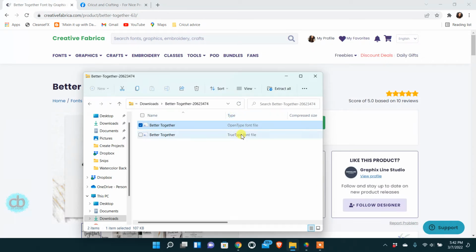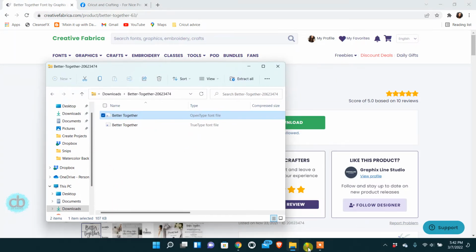You may have been told in the past that you need to hit the extract all button. You do not need to do this. The only reason you would need to do this is if you want everything that the zipped file came with. And you don't. When you buy fonts or when you buy other items on Creative Fabrica, it usually comes in a zipped folder, and you definitely don't need them all. Unless you're working in a whole bunch of different programs, you'll usually only need the SVG. Okay, sorry about that. So anyways, after I install it,